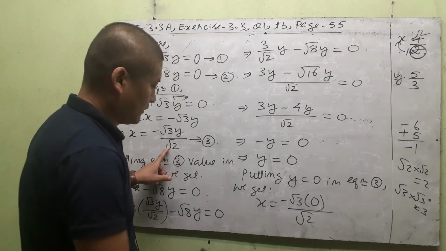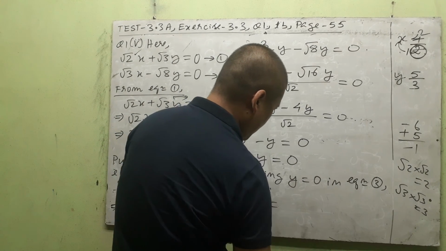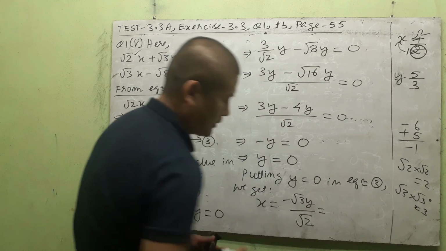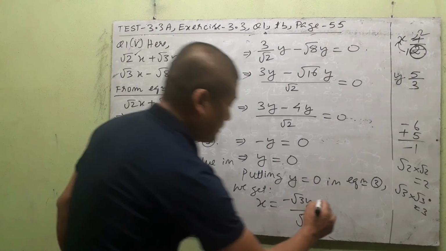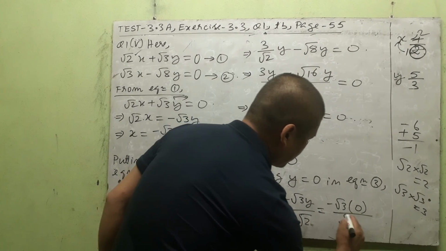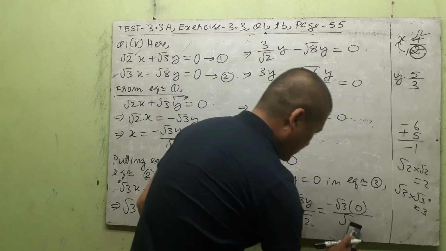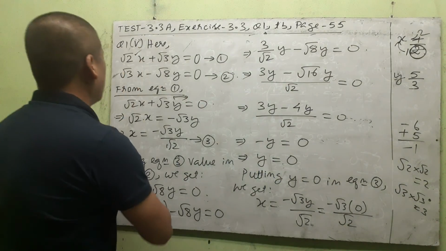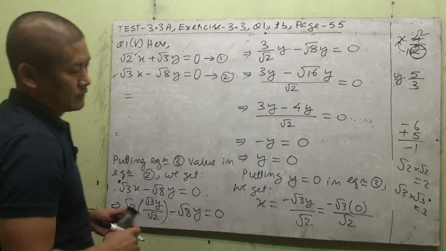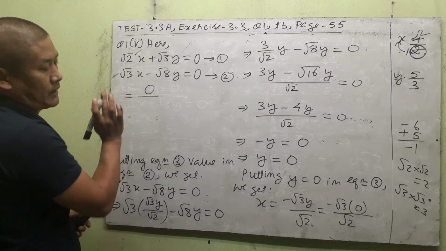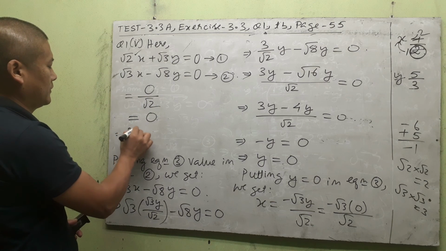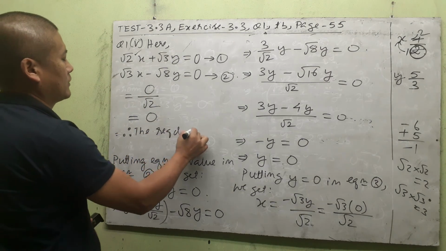Or you can just write once, minus root 3y divided by root 2, which is equal to minus root 3 into y, here 0, divided by root 2. Next step, equal to minus root 3 into 0 is 0, and 0 has no sign, divided by root 2. 0 divided by anything is 0. Therefore, the required solution